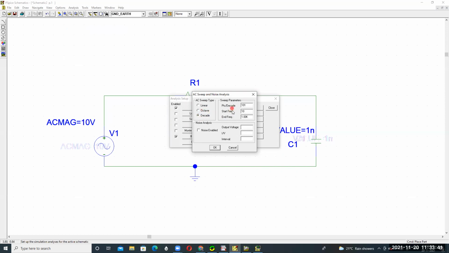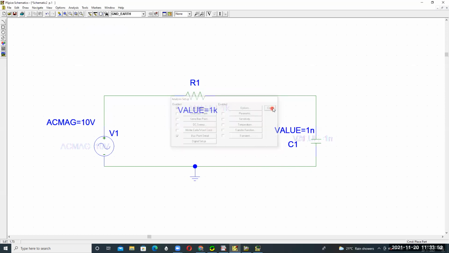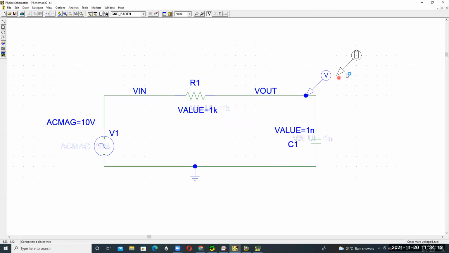Starting frequency is 10 Hz and ending frequency, for example, 100 kHz. Then close, and place a label here, V input, and also place the label V output, that means the voltage across the capacitor. Then take one voltage probe.